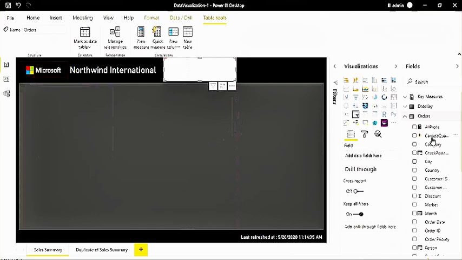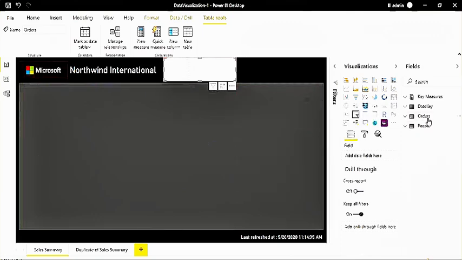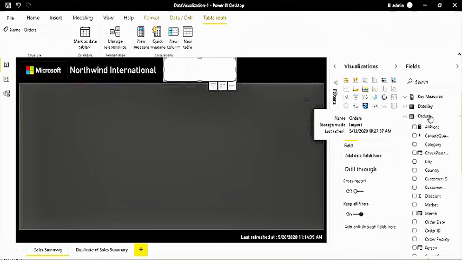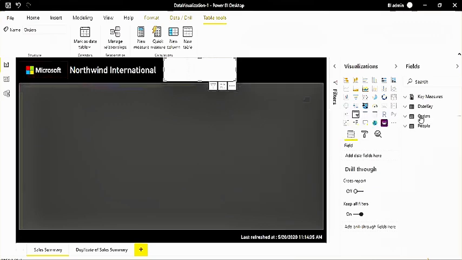Now let's say I have the orders table, and let's say I have one more table, that is my customers table. In that customer table I have the unique data. It means that is my dimension or master table. So generally we should add dimensions or the filters from the master tables, the dimension tables, because we will have the relationship between dimension and fact tables, so data will be automatically filtered. But in this case we don't have the customer name here right now. So we can just use this table, or we can create a separate table.